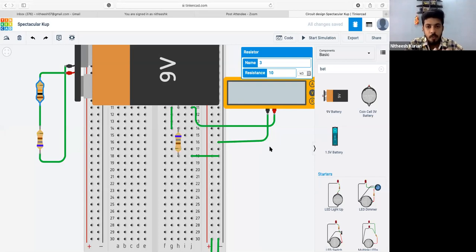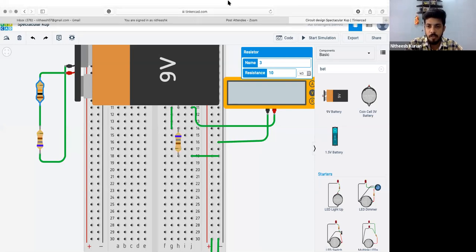If you multiply this current with individual resistors, you will get the corresponding voltage across the corresponding resistors. This is the concept. And when you add these two voltages together, you should get 9 volt in total, because we are giving only 9 volt. So just multiply this value of current with the individual resistance values. Can you please multiply and post it in the chat box?